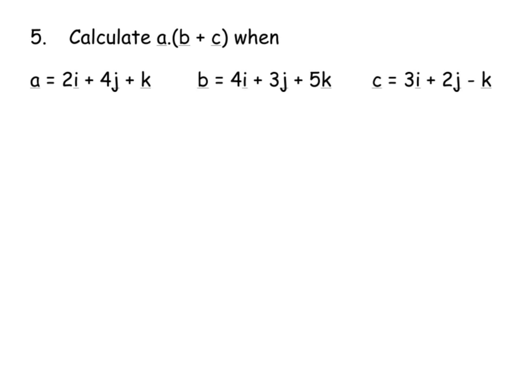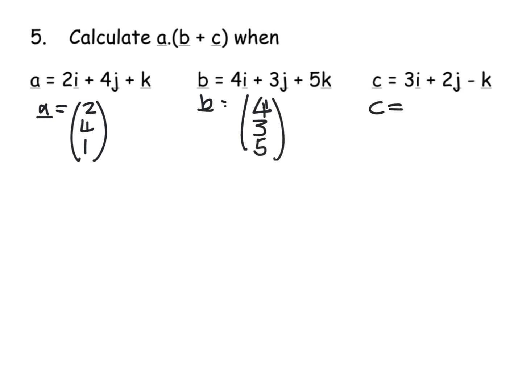Similarly, here's another one. We're told what A, B and C are, but in terms of I, J and K. So first thing I'm going to rewrite these. A is going to be 2, 4, 1. B is going to be 4, 3, 5. And C is going to be 3, 2, minus 1. Okay, so our expansion for this